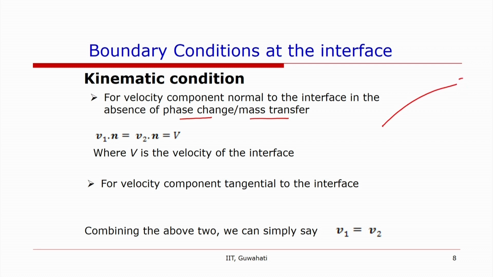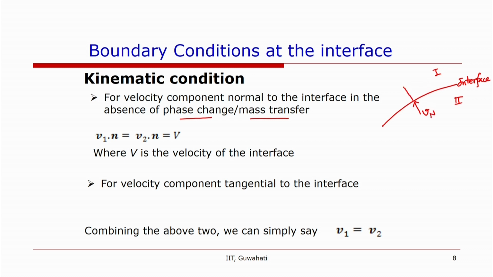So, if this is our interface between fluid 1 and fluid 2, and if the fluid at this region is moving, has a normal velocity component as V n,